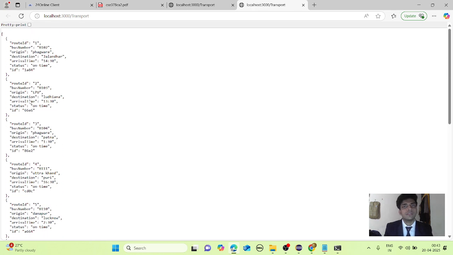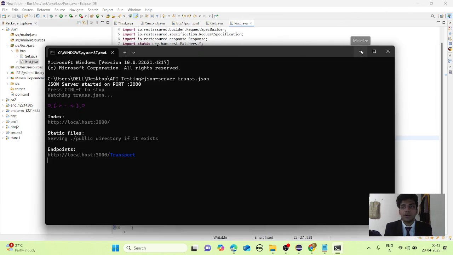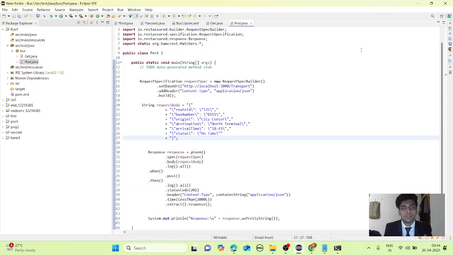Through this we can verify that using get we are fetching all the data, and using post we are adding more data for route ID 1 or more than one route ID, and we are validating all our validation criteria. So that's all.